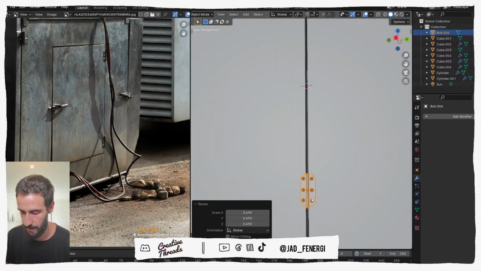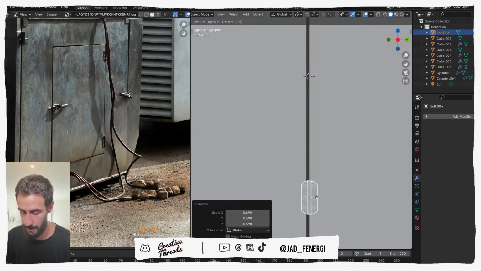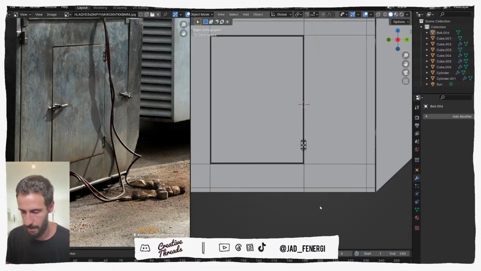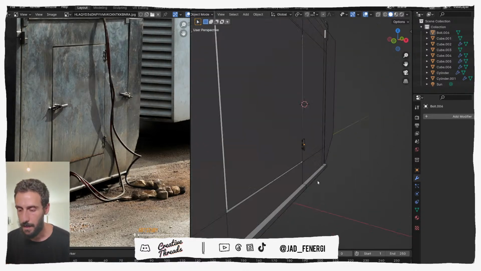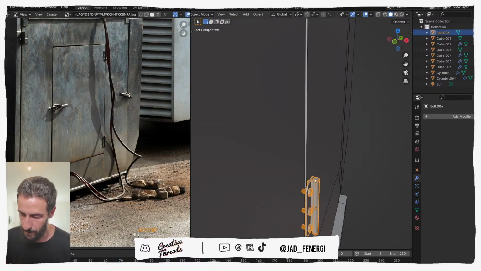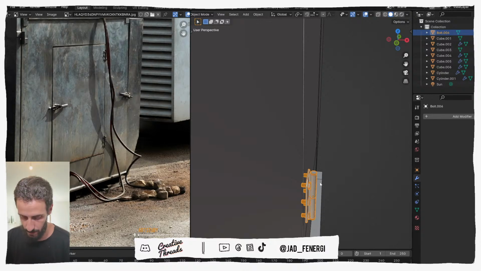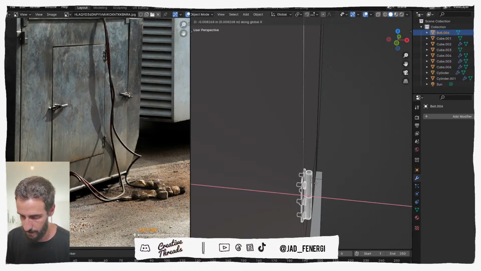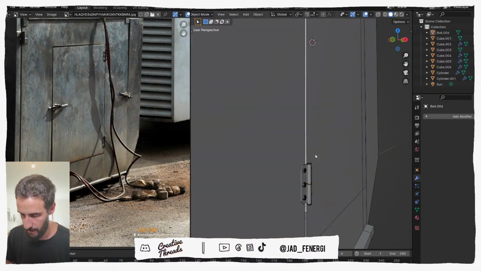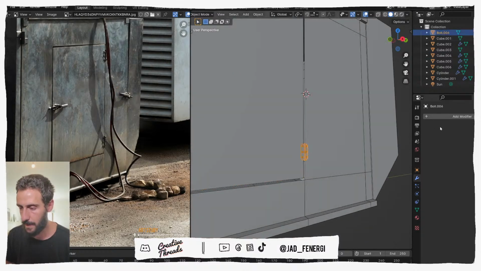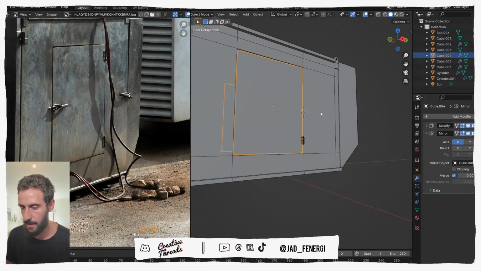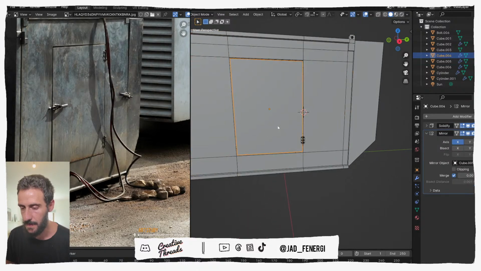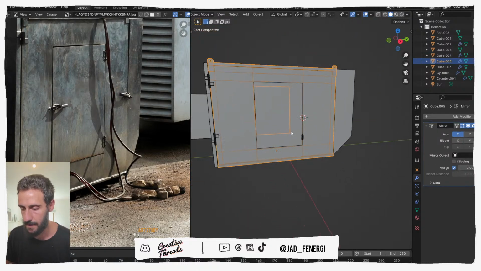Yeah, that's fine. G, Y. Yeah, that's fine. Let's move it backwards on the X. And now we can just mirror it on the Z axis,